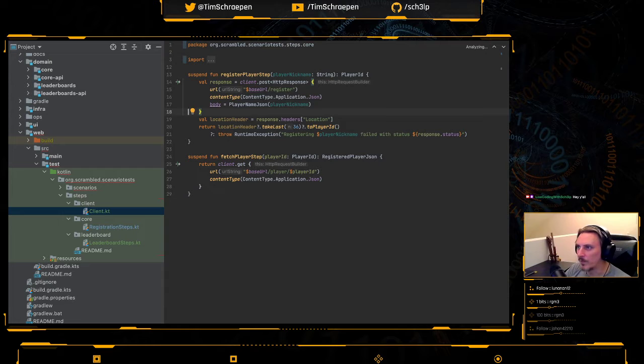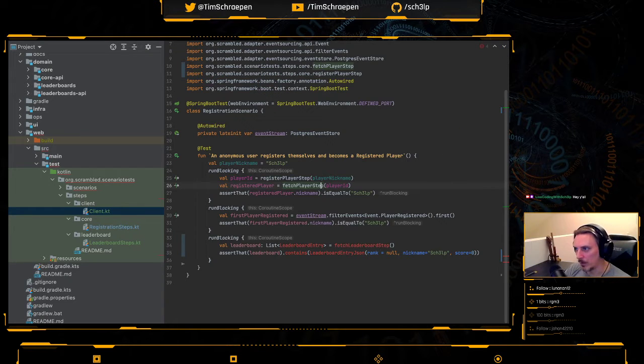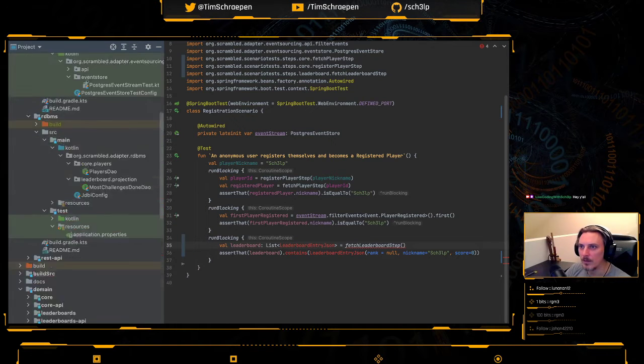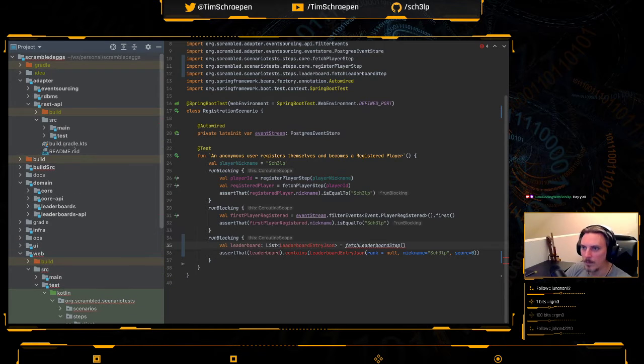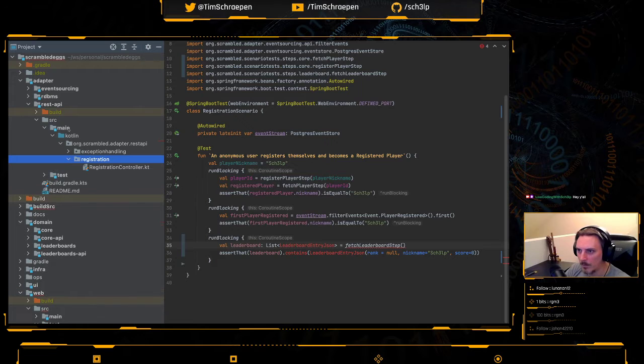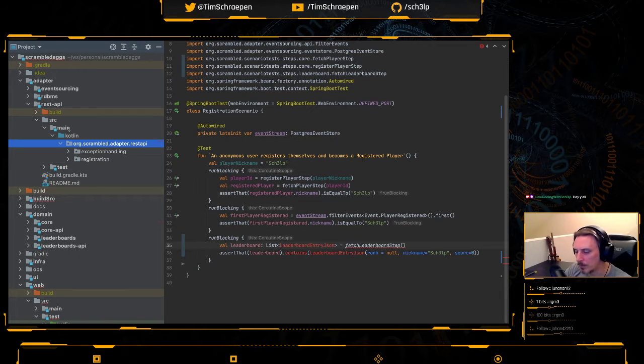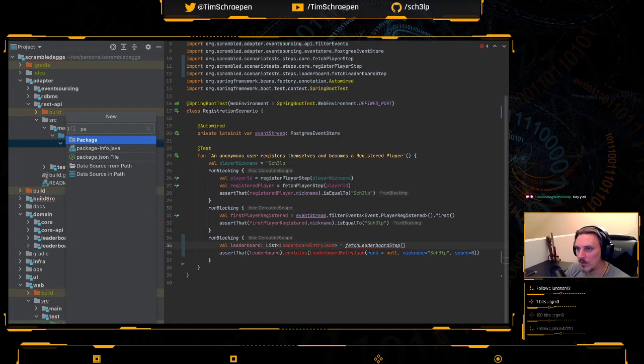Now it feels a little bit more fair to reuse it, even though it's really weird. But I guess it's an encapsulation issue, huh? Okay. This thing is going to need to return a list of leaderboard entry JSON objects. These I want to create in the REST APIs thing. So not registration, but package leaderboards, and then